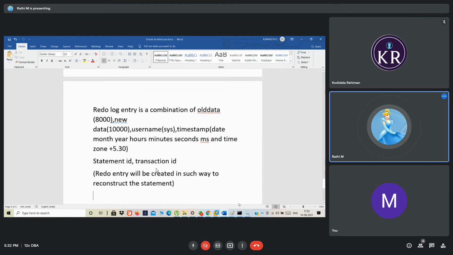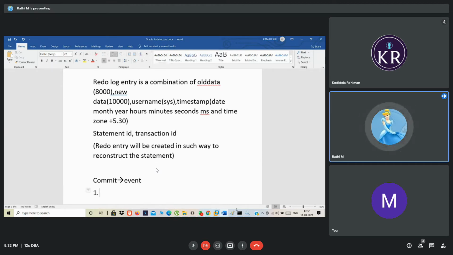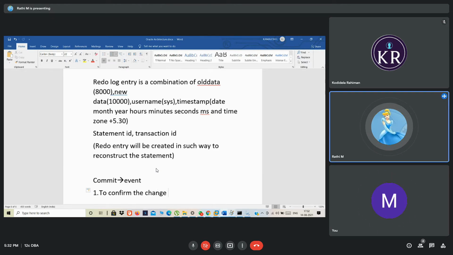See now, a commit event. If the user fired a commit event, then what will happen? Immediately, to confirm the change. Before giving a commit there will be a chance of rollback. But once they have given a commit, is there any chance of rollback? No. So to confirm the change,